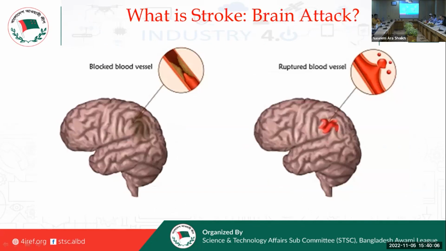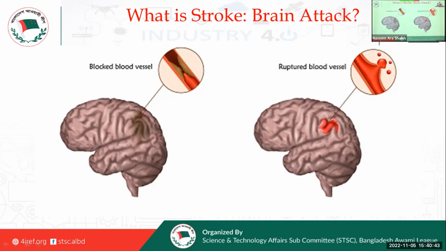So what is stroke? Actually, it's a disease of the blood vessels of the brain, where the blood vessels get blocked or narrowed, either by fat or cholesterol deposition, or by calcium deposition, or plaque formation. And we already know that the brain is very vulnerable to hypoxia or lack of blood and oxygen supply. So when there's a narrowing of a blood vessel, that area of the brain dies immediately, and that may cause death or lifetime paralysis.